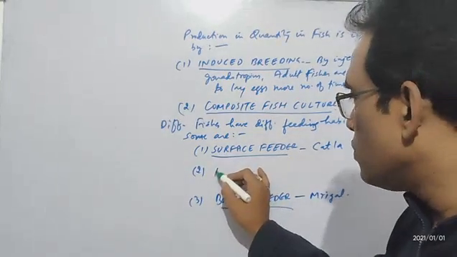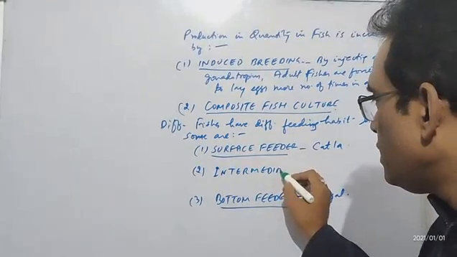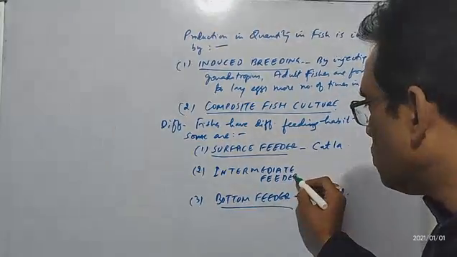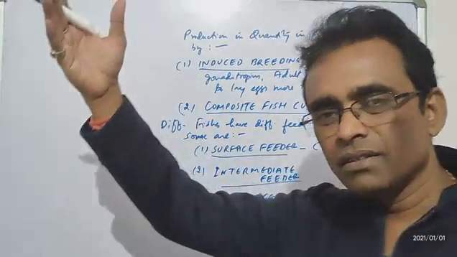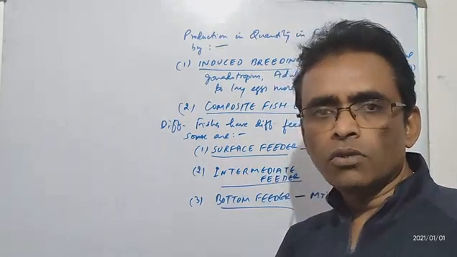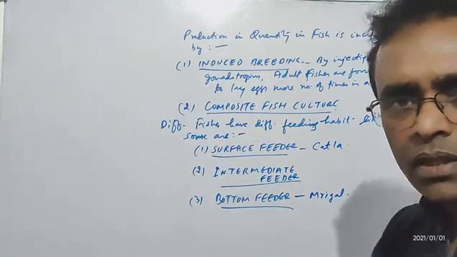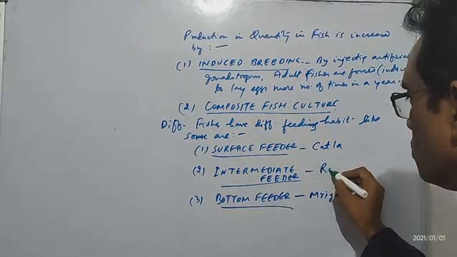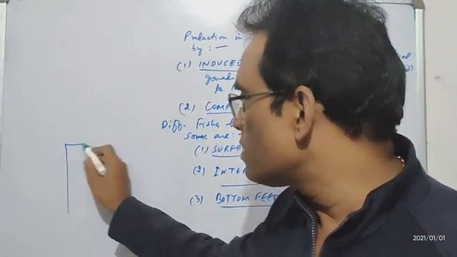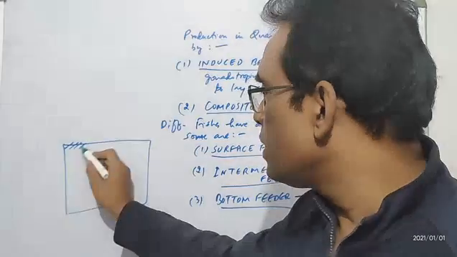And there are some which are called as intermediate feeders. Intermediate feeders, they are very special. They don't go near the sunlight, lighted condition. They even hate the muddy condition. So generally they stay in the center, middle condition. They never come up, neither go down. For example, your rohu. Now the farmer, if he says that he is growing katla, the katla is a surface feeder. All the fish will be at the top.